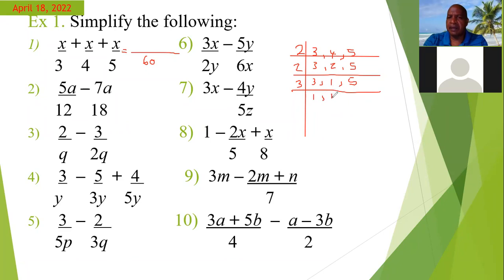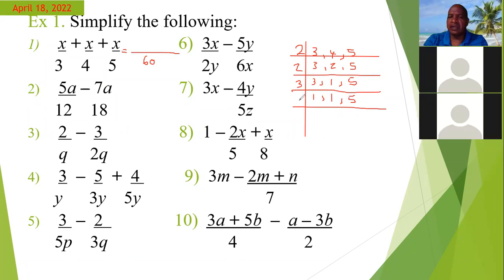3 into 1, you can't, bring down that. 3 into 5, you can't, bring down back 5. Now, can 3 go into any of the remaining numbers? Can we divide 1? No, sir, not without a remainder. Right, so we go to the next prime number, which is? 5. Right. And so once we have divided all of these and we have only 1 remaining below,